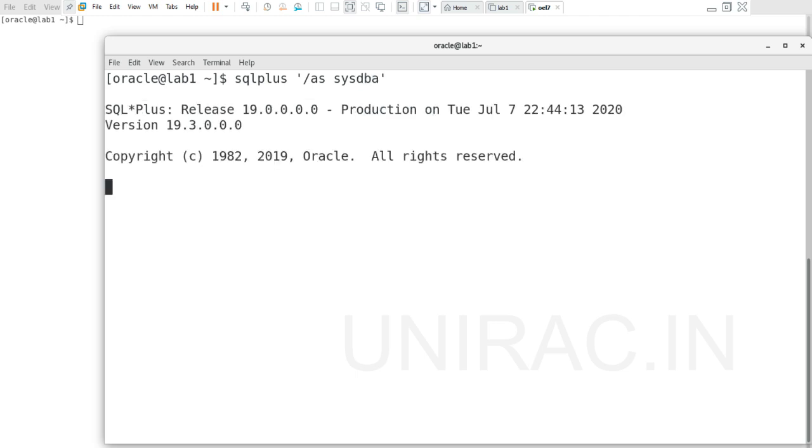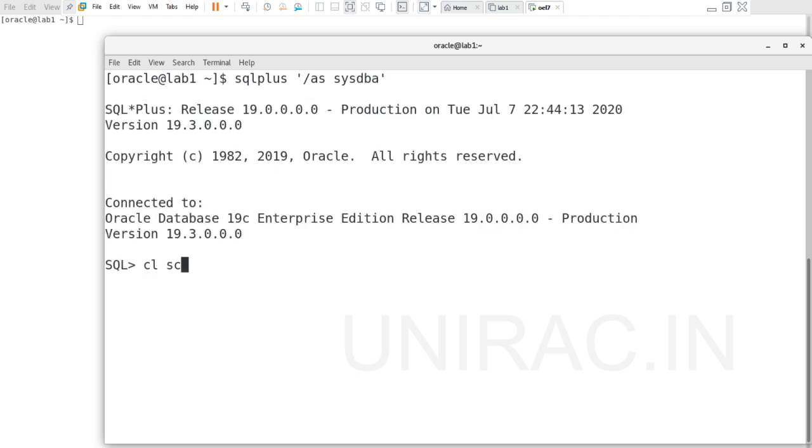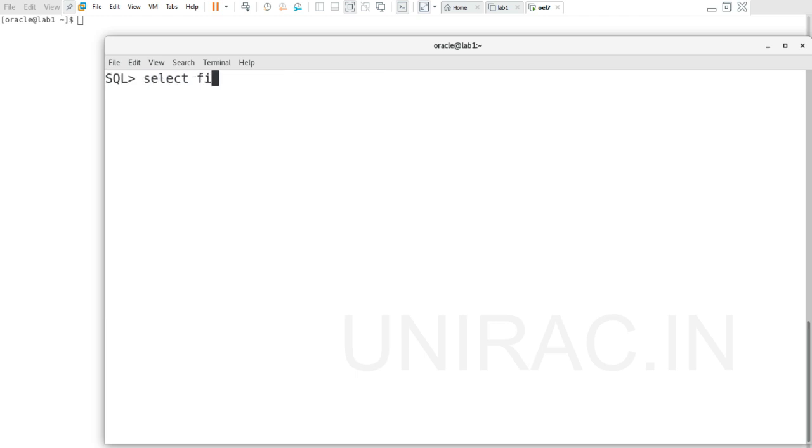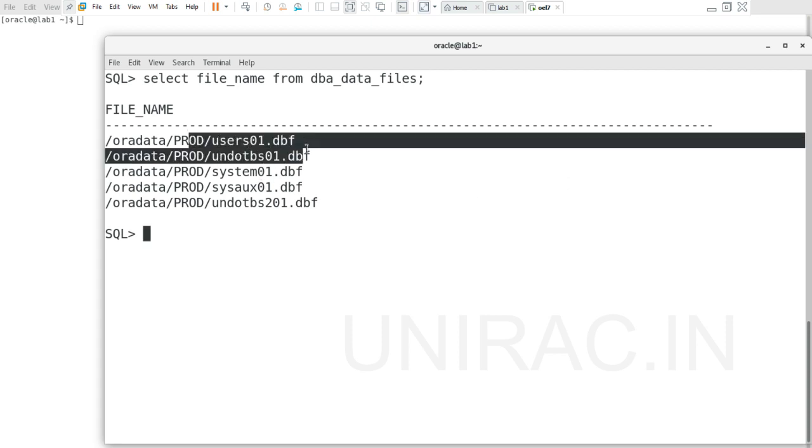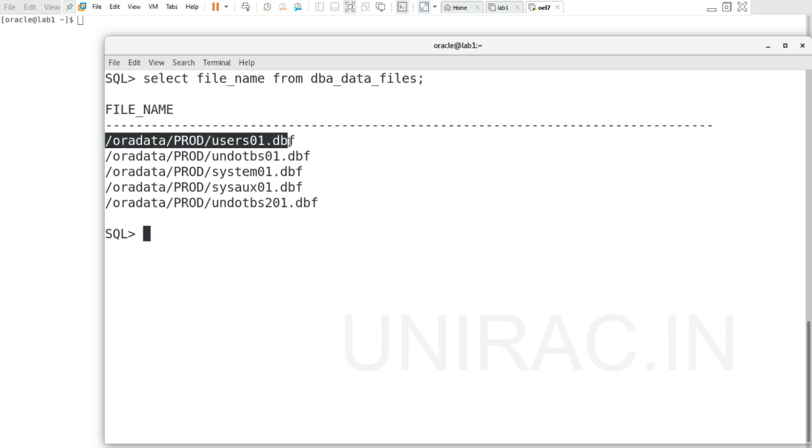Connect to your database, which is a 19c database, and list your file names from db_data_files. We have our data files under the Aura Data prod folder. One of the data files is users01.dbf. We'll take this file and move it to another location.